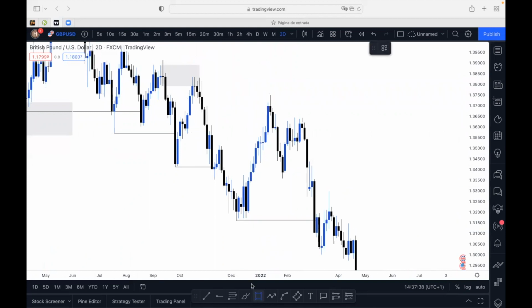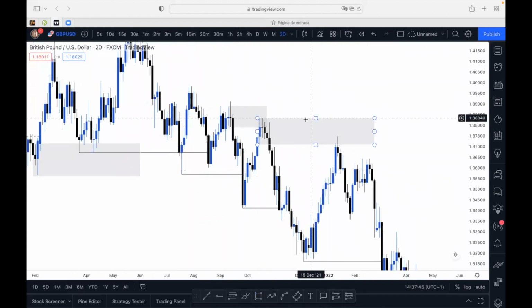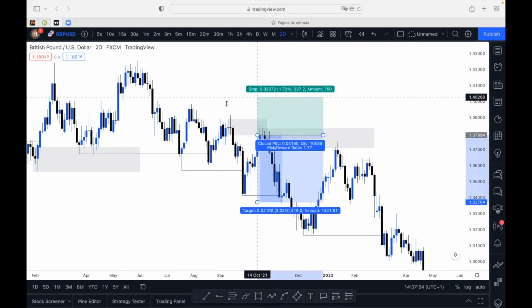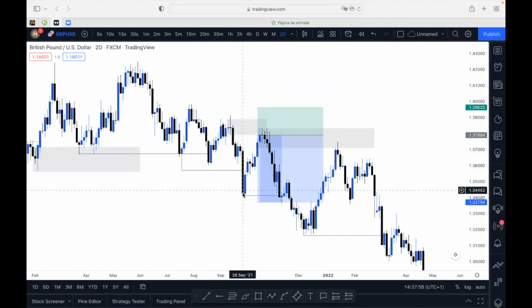Where is the last up candle before the down move, right? We can clearly see here, this blue candle, the price. So price pretty much came here. So if you have this, for example, this is the daily chart. If you want to be more of a swing trader, you can pretty much set your limit order right here, a sell position. As soon as you see the break of structure, always ask yourself,